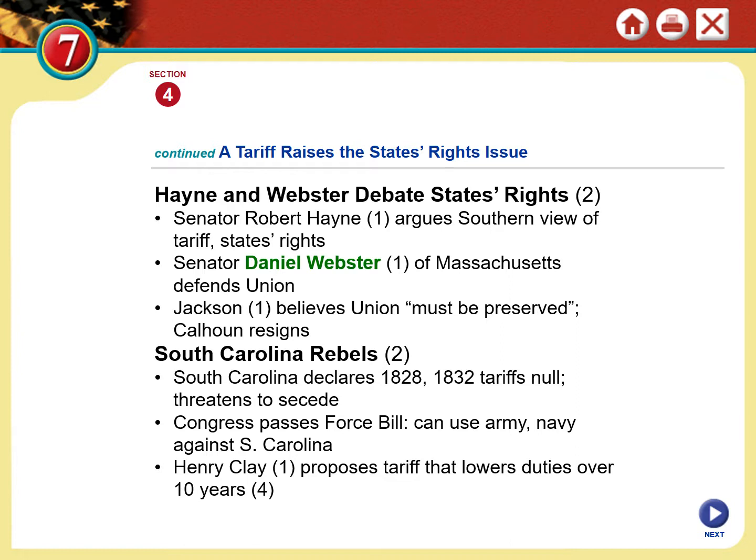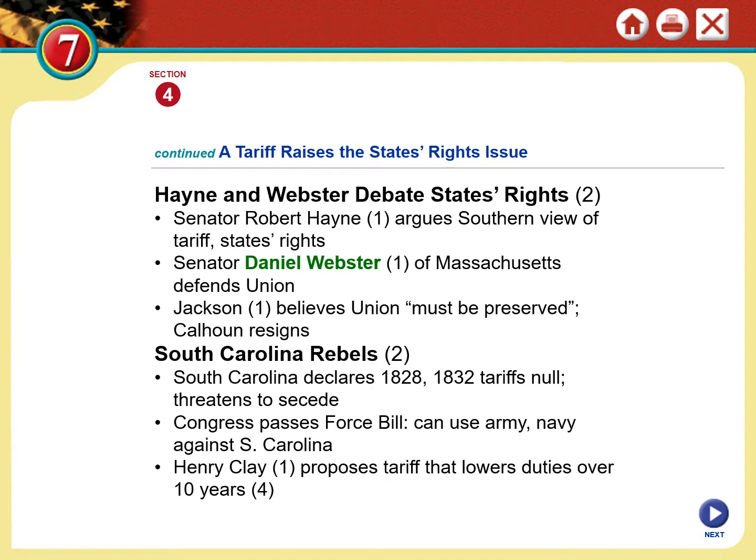President Andrew Jackson made the statement that our union, quote, must be preserved. And so Jackson used his executive authority to end the argument. We're not going to discuss this in the legislature. Our union must be preserved. And when Jackson ended the argument, Calhoun resigned. Meanwhile,